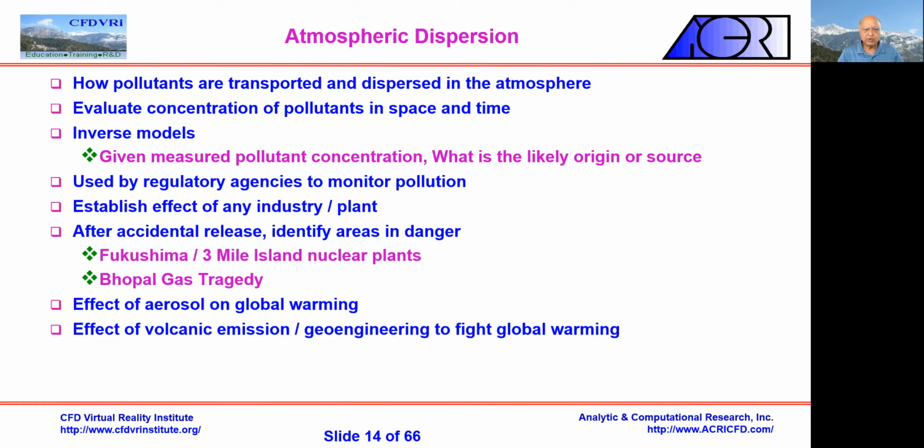Then, of course, both the inverse and the forward models, or predictive models, are used for establishing the effect of any plant, any accidental releases that might happen, like Fukushima happened, Bhopal happened. If we'd done studies of how to vacate the population before these happened, we would have been wiser. We didn't do that, but today a lot of effort is being spent in doing these disaster studies to plan for these disasters. So you do a lot of these studies, hypothetical ones with assumed scenarios.